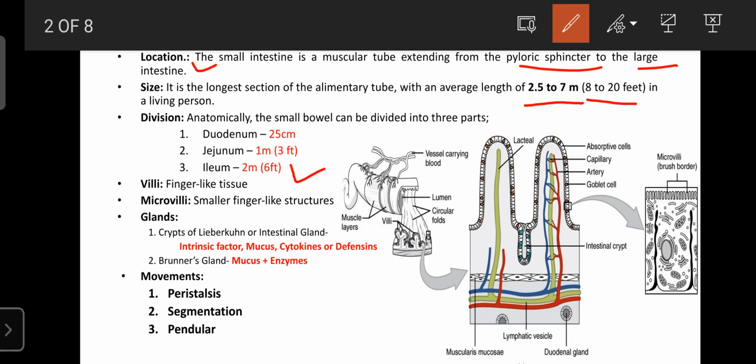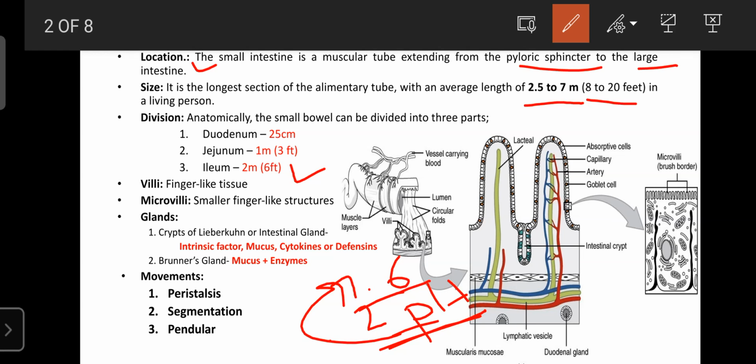It receives all types of digestive secretions that are required for the digestion of food in the small intestine. Another factor is there. The stomach has a pH of around 0.5 to 2.5, which is highly acidic. But the duodenum has a pH of 7.6. It seems not possible because the duodenum comes immediately after the stomach, but its pH is 7.6.